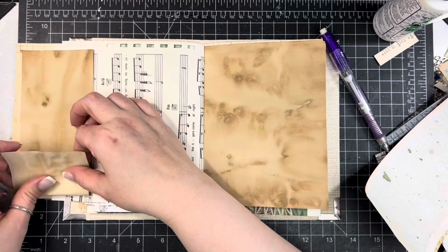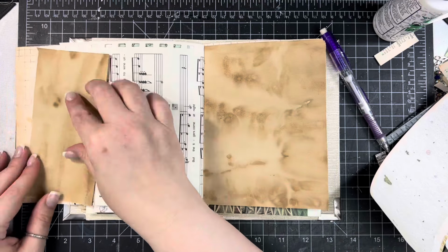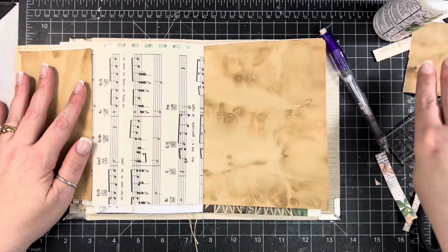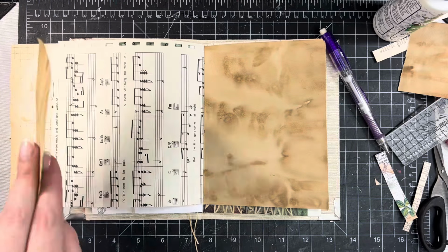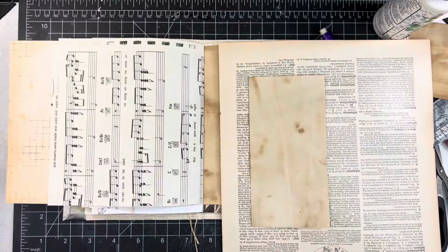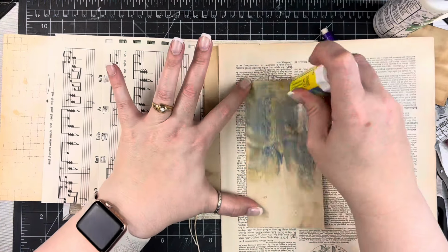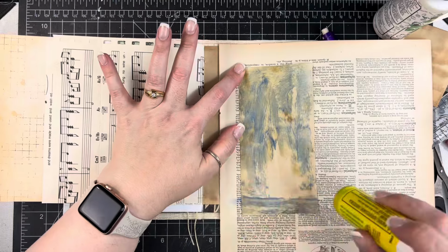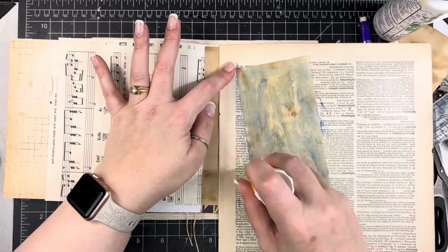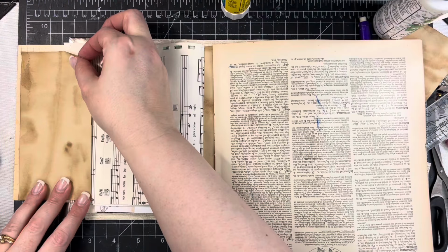And this is one of those other pages that has a flip out. And so it kind of looked a little weird where you can see the page from the printable and the music paper and everything. So I'm adding another section of coffee dyed paper over here on the left just to kind of bridge that gap between those two pages. And again, make it so that it's actual usable writing space. Using some Yoo-Hoo glue stick to do this so that the whole page gets adhered down really well and there's no bubbles. So I'm just going to add that on the little flip out section,